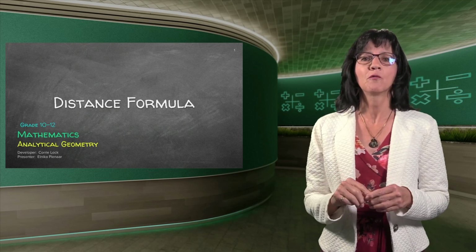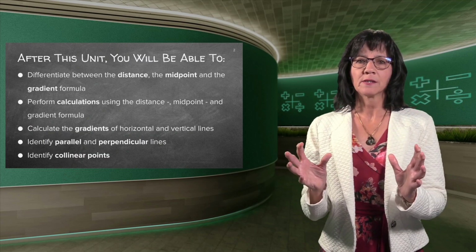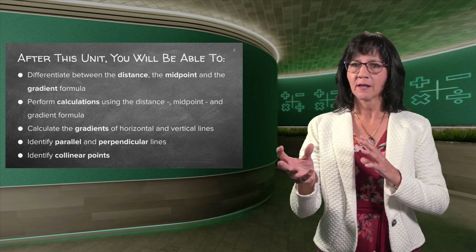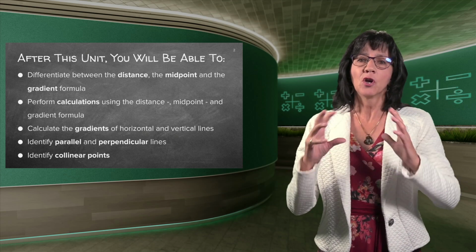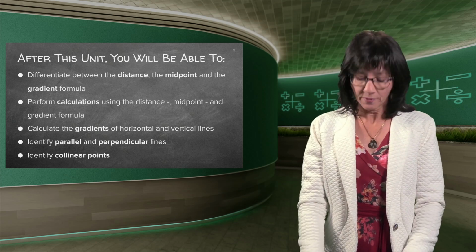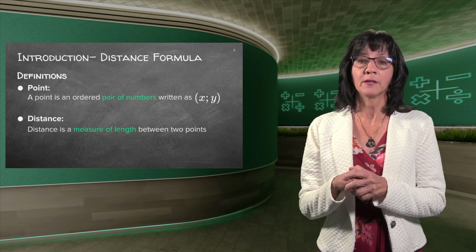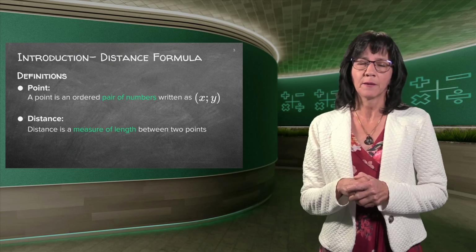So we're going to start off with the distance formula. Now, after this whole unit, you'll be able to do lots of things. I'm not going to go through it. You can go through it on your own time, but there are lots of things that we're going to learn. Each lesson, only one, which we're going to start off with this lesson. The lesson is now the direction and the length of a line. So let's just see what it means.